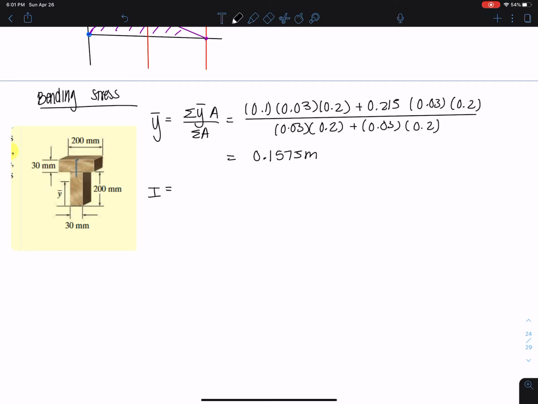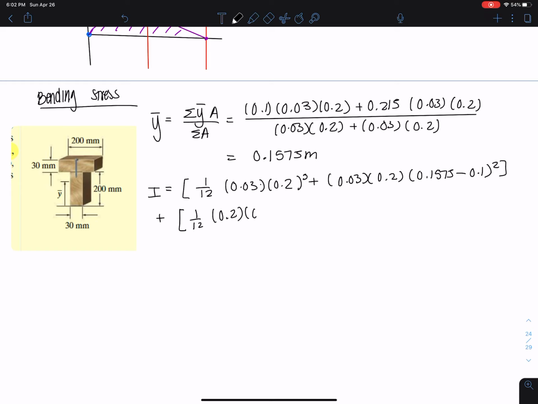And then we can calculate our moment of inertia. I'm going to do parallel axis theorem. So we have the 1 over 12 times 0.03, this is for the flange, times the 0.2 cubed, plus now the AD squared, so the area of that section, times 0.2 times the distance away from the center to the neutral axis squared, and then plus the second portion, 1 over 12 times that 0.2 times 0.03 cubed, plus the area